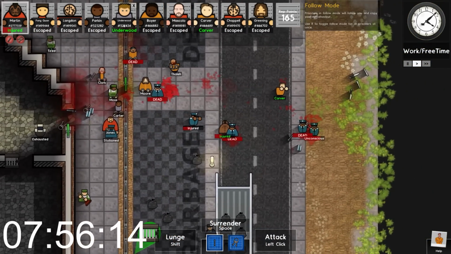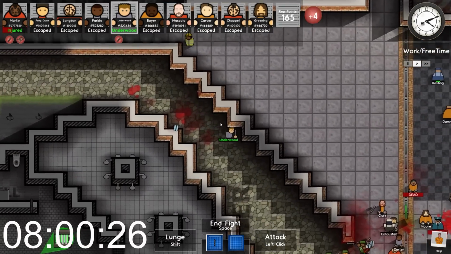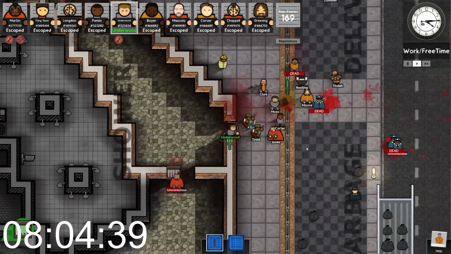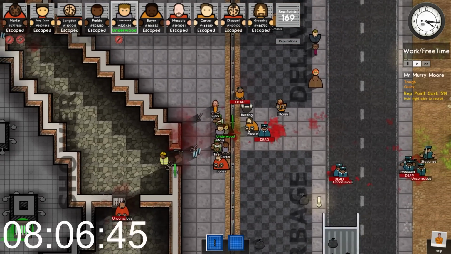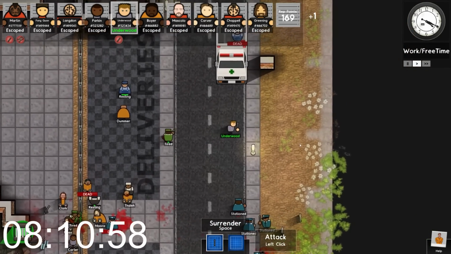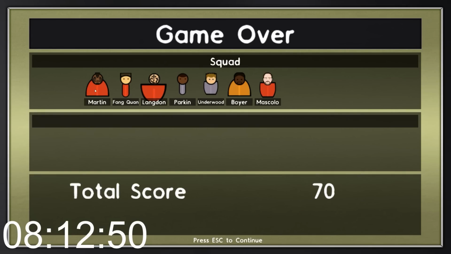So there's Underwood who's left. Where is Underwood? Underwood's here, and I don't know what they're up to, but we're going to see if we can get out through the front door here. And we're through the first door. We are not through the second, but thankfully one was very happy in letting that door be open, and there we are. Martin,